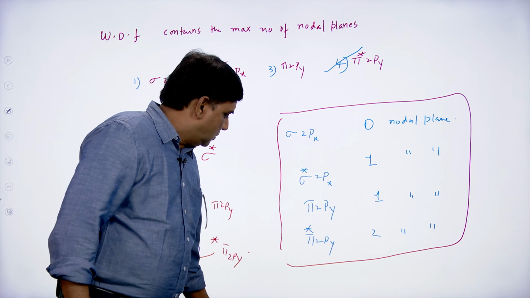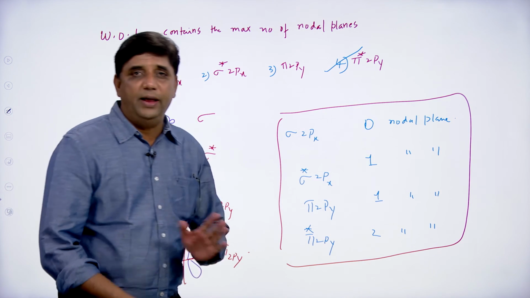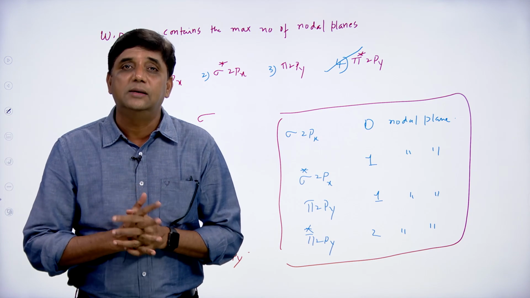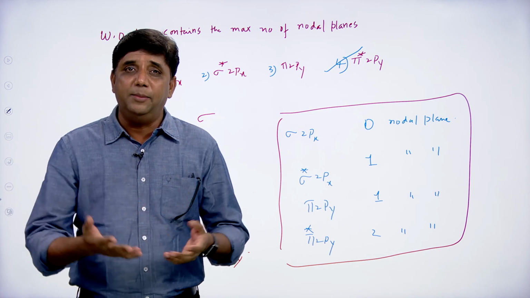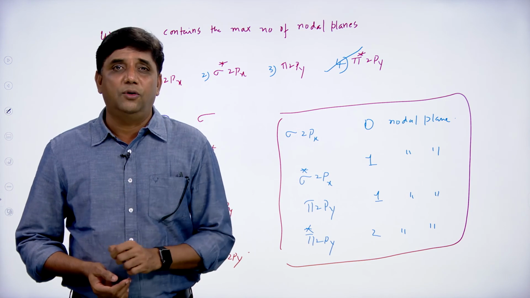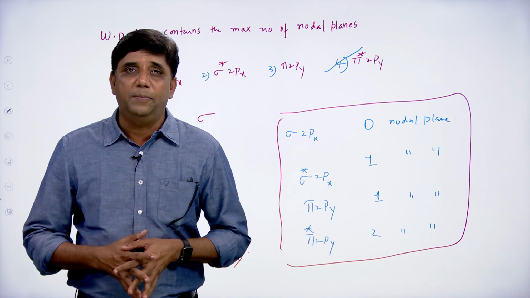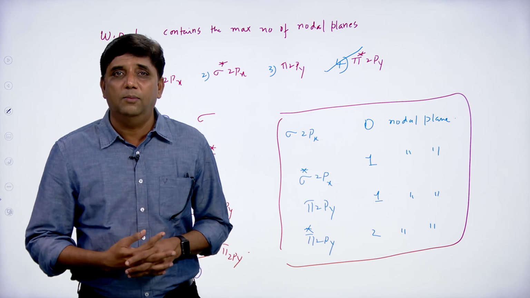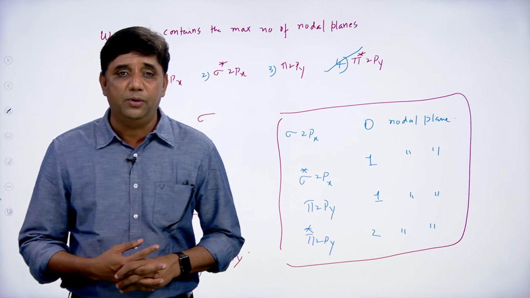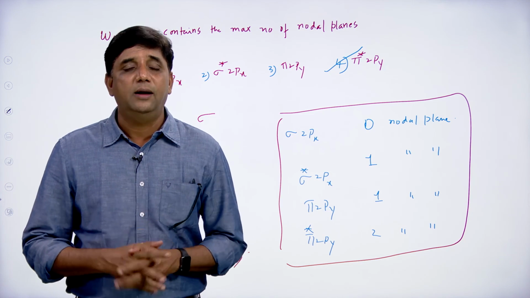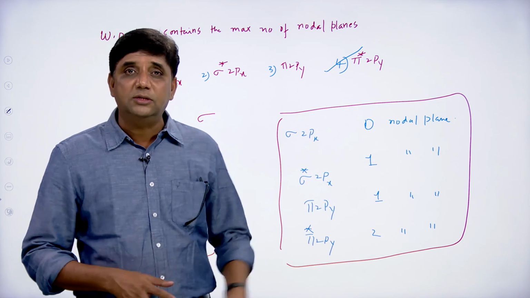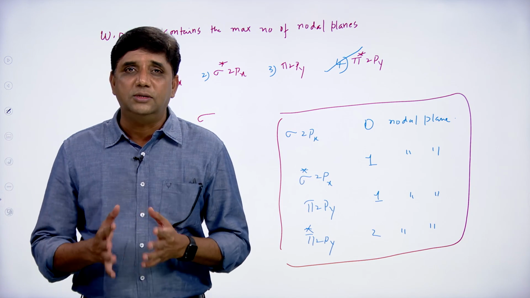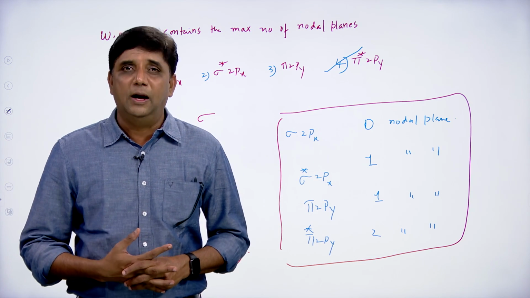Right students, we have completed almost the very important topic of molecular orbital theory, which is the biggest and most important in the chemical bonding chapter. Now what is left in chemical bonding is only bond parameters. It doesn't take much time. So by the next class the chemical bonding will be completed, and also we will discuss all the previous questions.